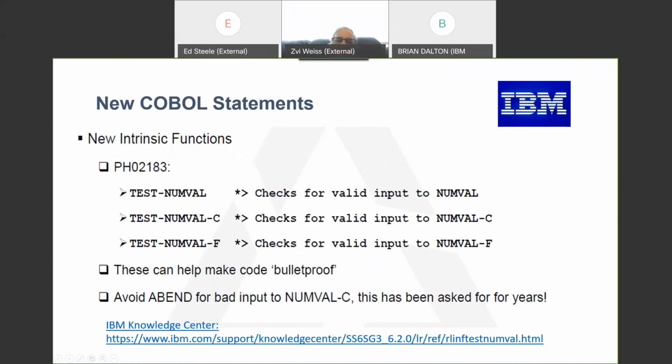Okay, now test numval. What happened is these are added because when people used numval they ended up getting invalid data. That is, the example that Ed gave was where something was scanned. But in addition to what was expected as a result of the scan, there was something else. And because there was something else, the numval fails. And when it fails, you get an event. It's not like it just fails and the program keeps on going. The program dies. So therefore, test numval was added to try to verify the data, and in addition, numval C